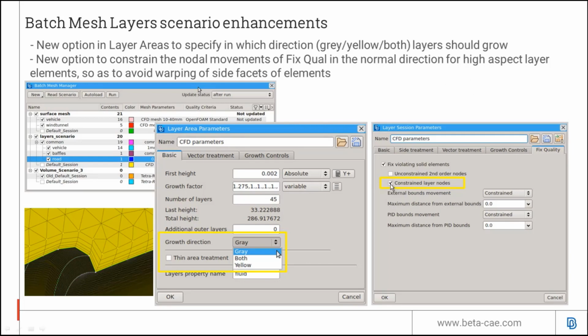If you deactivate this option, then ANSA will be allowed to move the nodes away from the normal direction. It gives more degrees of freedom, it may fix more elements, but it may also violate the normal vector of the layers. The default option is on, so that the high aspect layers maintain their orthogonality.